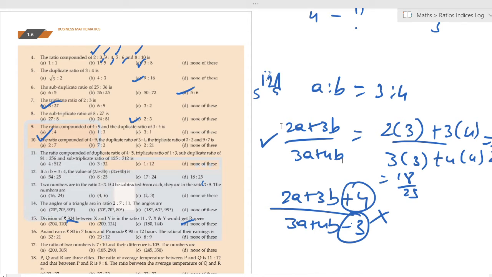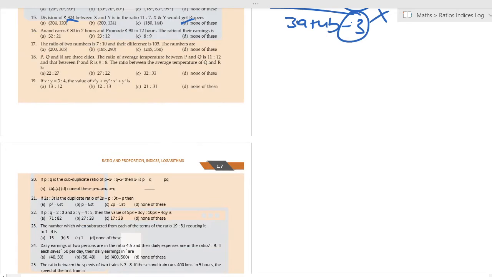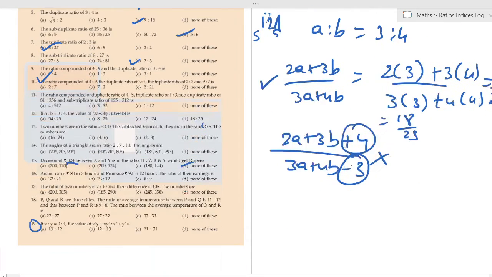The similar questions to 12 are 19 and 22. You can happily substitute 3 is to 4, 3 in the place of x and 4 in the place of y, and you can find the answer. You don't have any constants in the question. Similarly, in question 22 also you don't have any constants. You can directly substitute 2, 3 in the place of p and q, 4, 5 in the place of x and y. If you have constants, the question will be different.